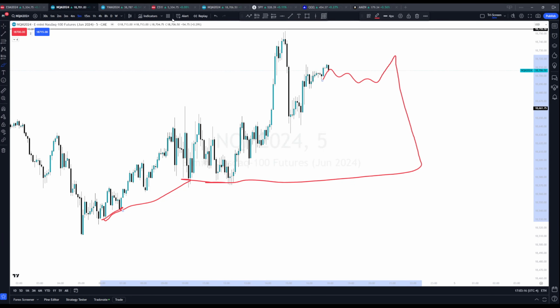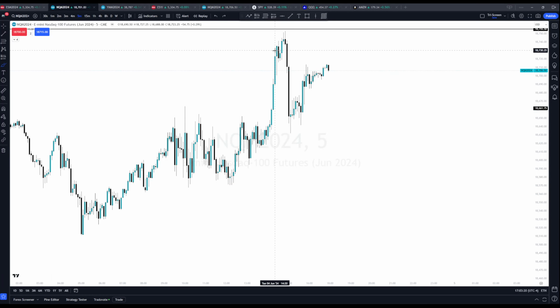I hope you guys like my drawings. It's a Van Gogh. But if we do get some kind of down move, I'm targeting those equal lows. I think we left equal lows down here as well. Yeah, we've left quite a few, and they're on the 5 minute time frame too, not just some small 1 minute equal lows. So if we do get a down move, we'll be targeting those.